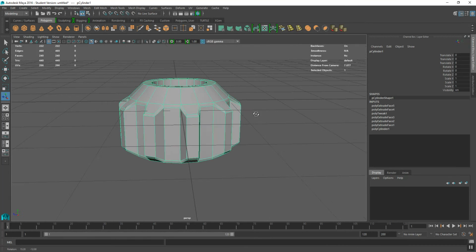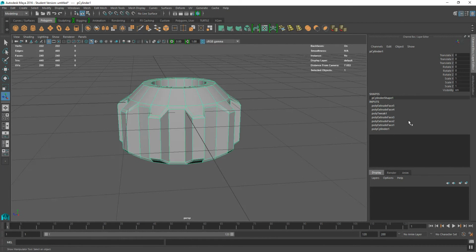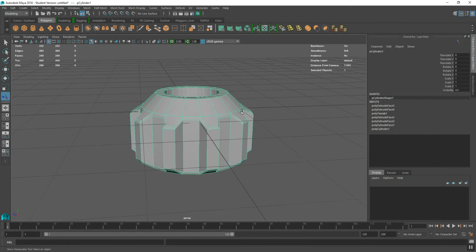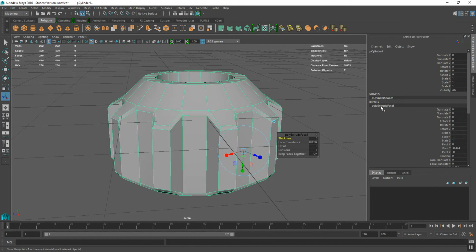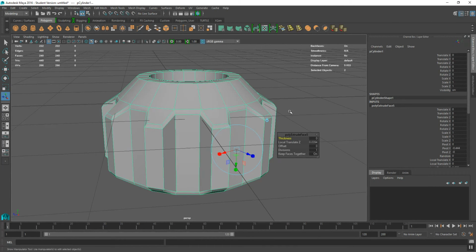One of the other things I'm going to do here is just look at the history. So if I look at the history, there's a stack coming up here. What I don't want to do is change any of the history underneath at the bottom of the stack, but at the top of the stack I can change a few things here. So I can change the